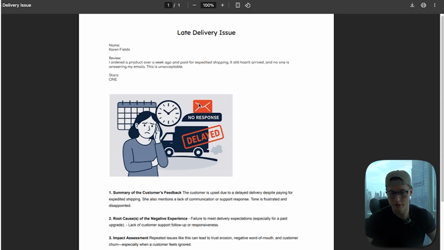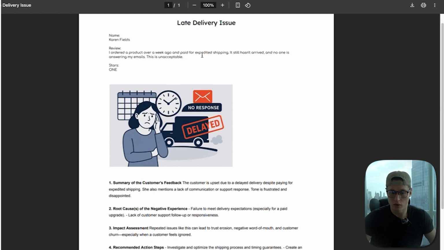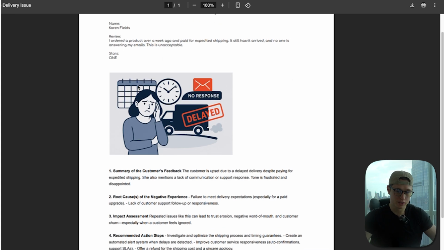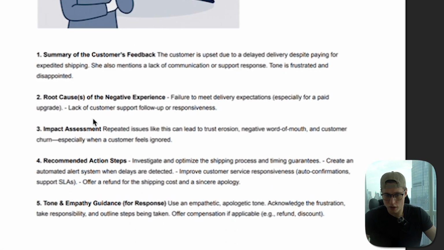You then click on this and then it says, hey, there was a late delivery issue. This person ordered a product a week ago. They even got expedited shipping. It still hasn't arrived. They gave you 1 star. Here's a nice little image to even show the frustration they're seeing. They give you a summary. What's the root cause, the impact of this? Here's the action steps. We need to investigate what happened there. Create automated alert systems. Upsell, improve customer service responses, offer a refund, and then here's the tone and empathy